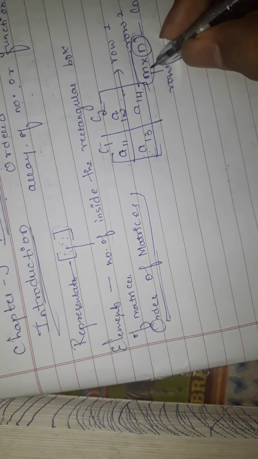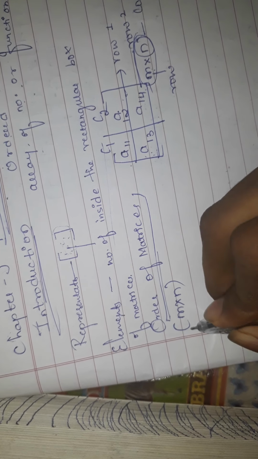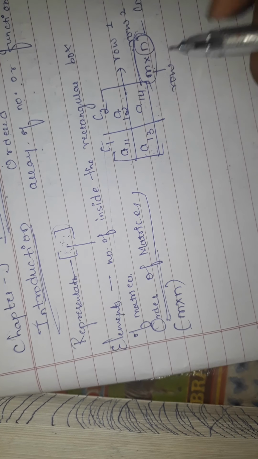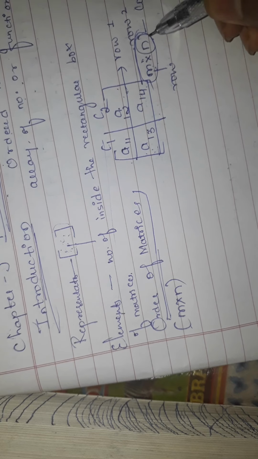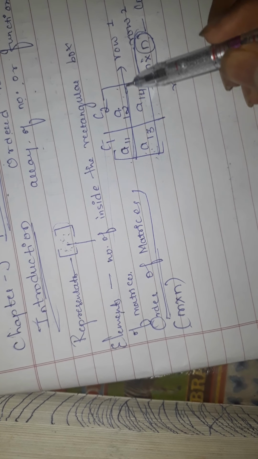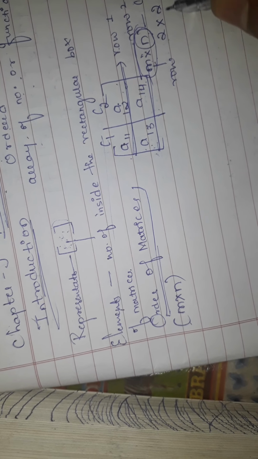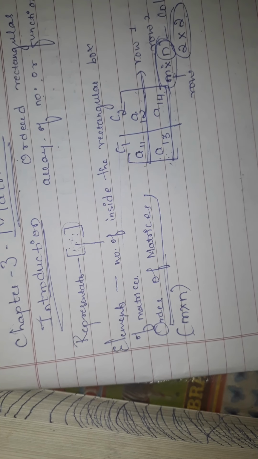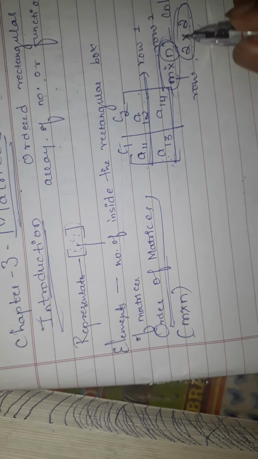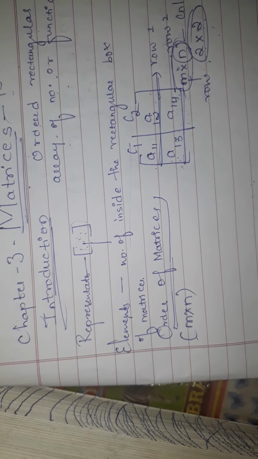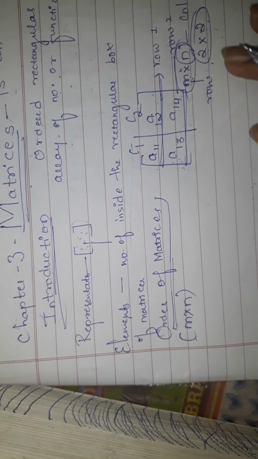So what does the order of a matrix mean? In the exam they will give you a matrix, and you should tell the order as m into n, meaning how many rows and columns there are. So here we have 2 rows and 2 columns. You need not calculate 2 and 2 as 4, you should not write that. It is 2 into 2, meaning 2 rows having 2 columns. This is the order of the matrix. Is it clear? Next we will learn about the types of matrix, but before this, order of matrices should be clear.